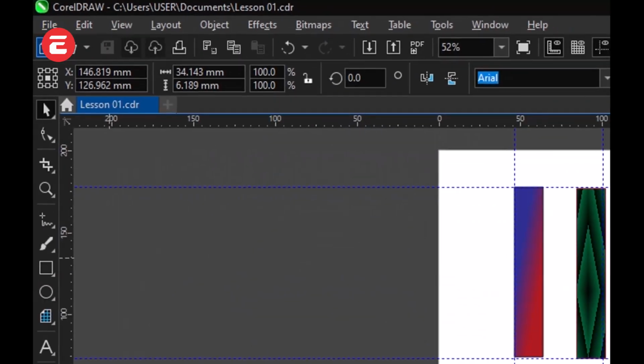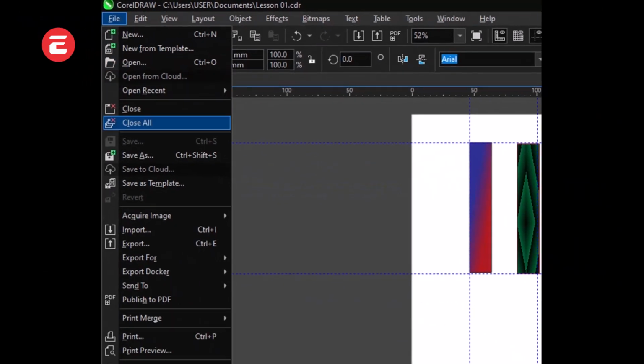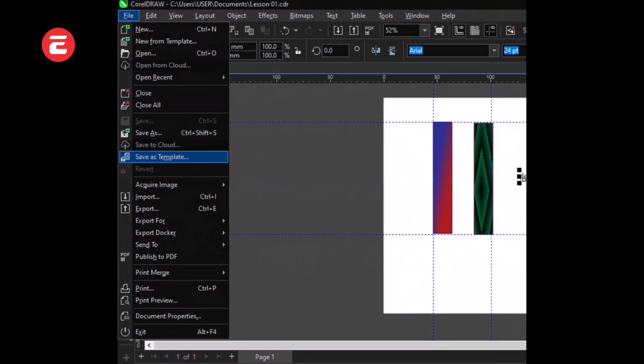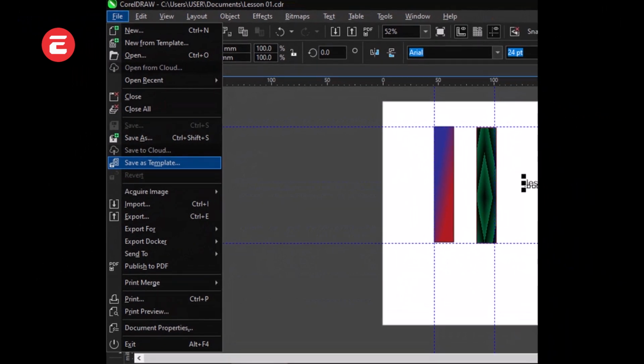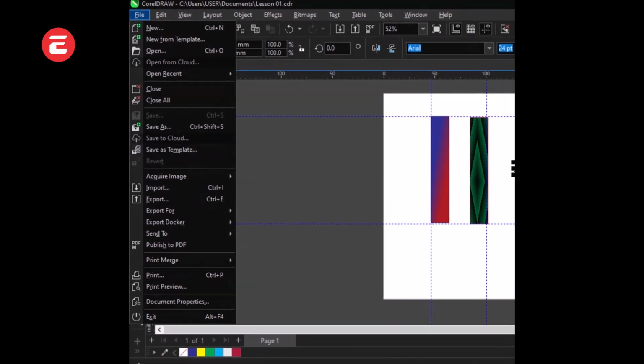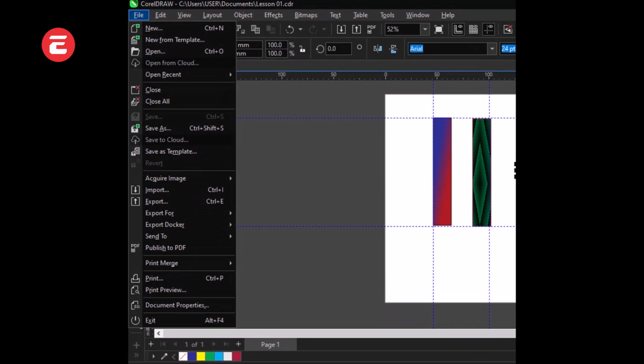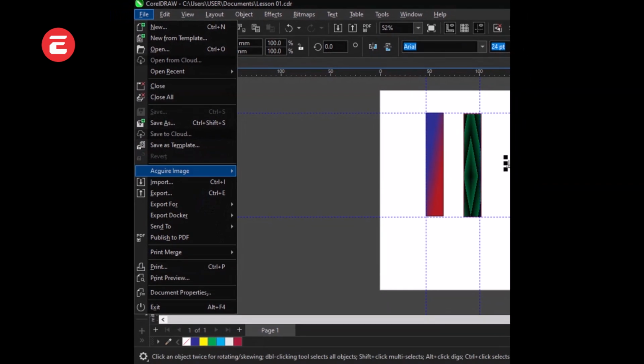All right. So going down, we have save as a template, if you want to make it a template. Save to cloud, if you just want to keep your documents in the cloud. You have revert, if you want to change something or maybe get back to something. Acquire image,